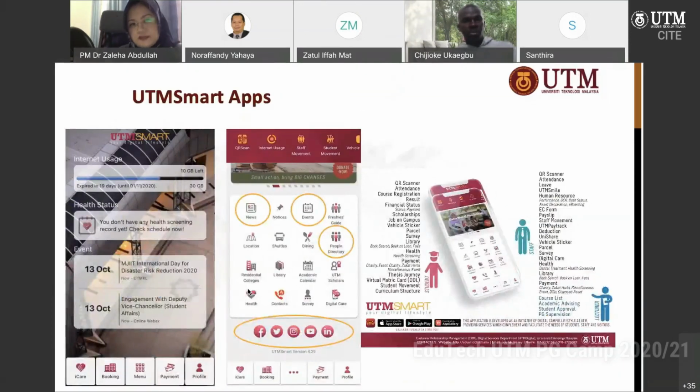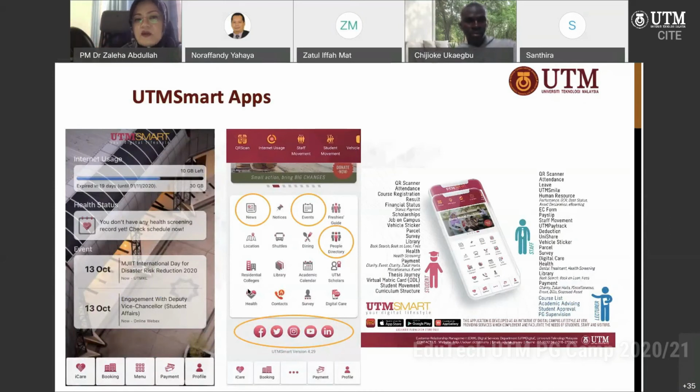This one is very important. Okay, if you don't do this, it's not good for you, of course, because this is like all information in the palm of your hand. Has any of you not installed the UTM Smart application yet? Please go to Google Play, or the app store on your handphone. Just install this app. It's very important.